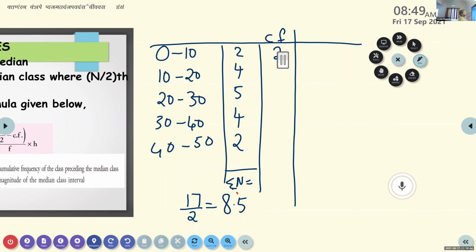The first one will remain the same. We are going to add up now. We are going to take cumulative frequency here. Next one, Rahul, can you tell? I showed you something like this. For cumulative frequency, you just write like this and you will get the answer. What is that?